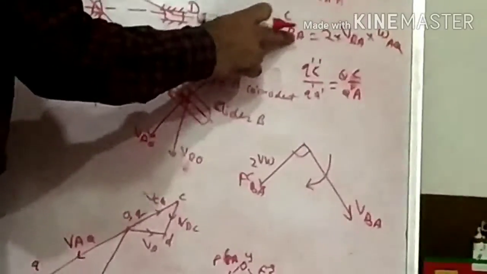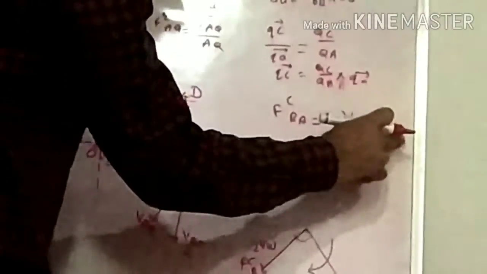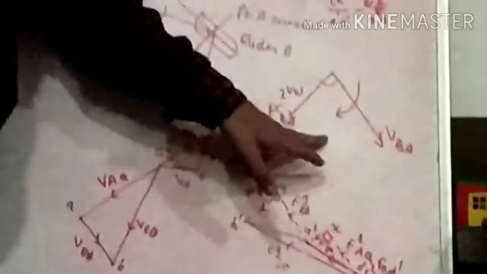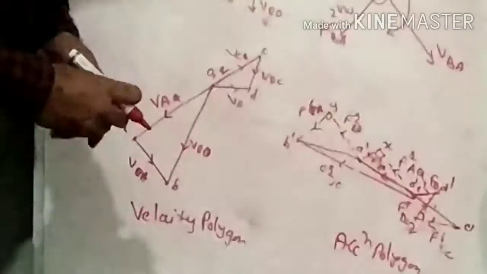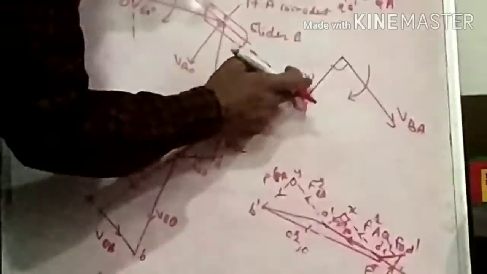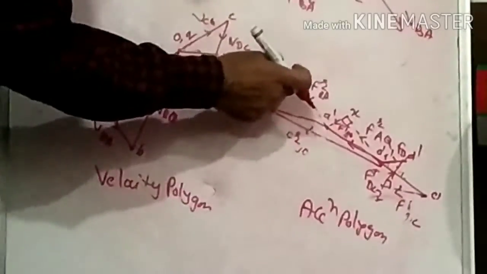But the important point is that here the Coriolis component of acceleration of B with respect to A has magnitude 2 into velocity of B with respect to A multiplied by the angular velocity of link AQ, and its direction is decided by this procedure. So this is the direction of the velocity of B with respect to A from this diagram. Here it is radially inward and the direction of rotation of link AQ is clockwise. So we have to rotate this velocity vector by 90 degrees in the clockwise direction. So 2 into v into omega, this Coriolis component of acceleration, means here the vector Y B dash. So this is the procedure. In this way we can solve the problem on the Coriolis component of acceleration. Thank you very much.